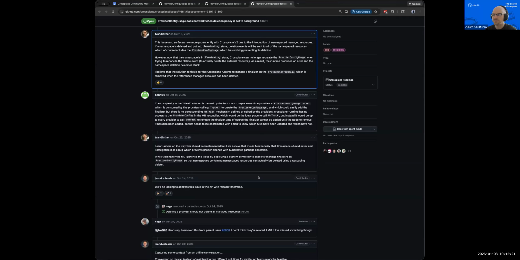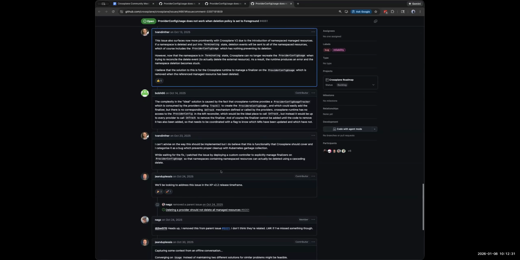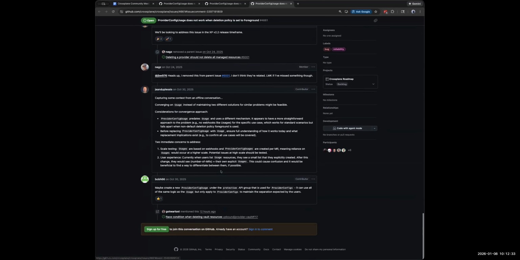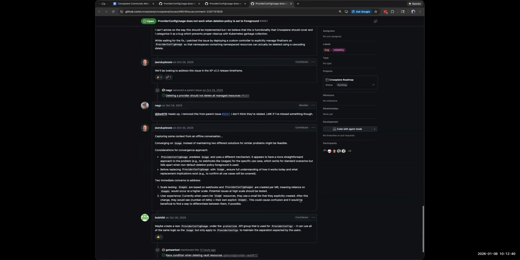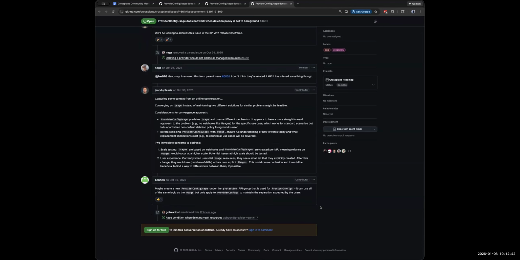Got it. Bob, are you paged in on this one as well? Any more current thoughts on this? I don't know about more current, but the most recent comment is still 3 months ago. The underlying problem is the way we're dealing with cleaning up the provider config usage. We don't untrack the resource explicitly.